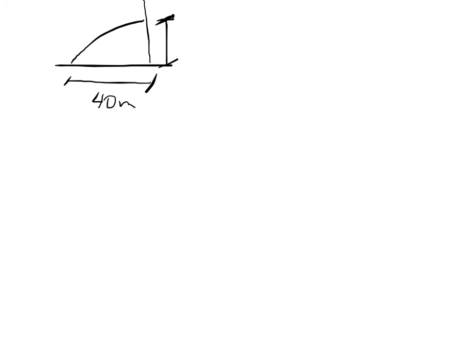First, what we're going to do is figure out the time it takes to go this 40 meters. So how long will it take to make that distance? Second, we'll plug that time into a vertical equation and figure out how high off the ground we will be at that time. And so, first we'll work in the horizontal,